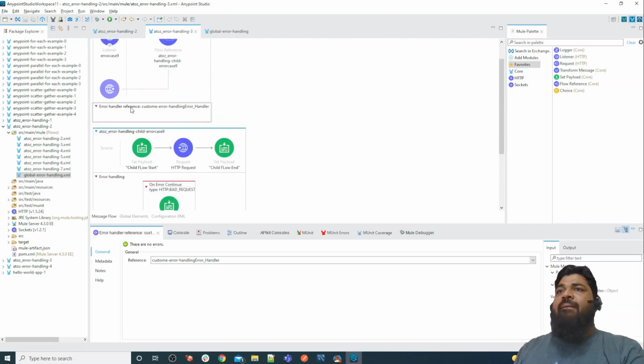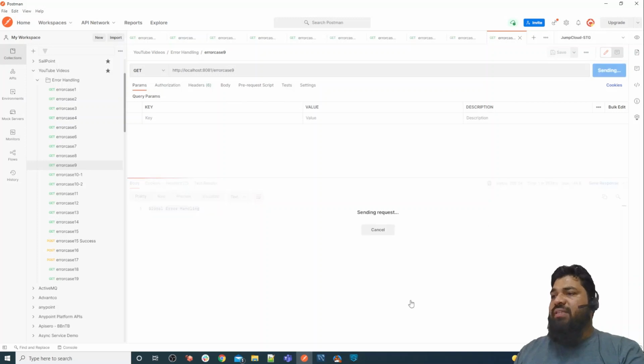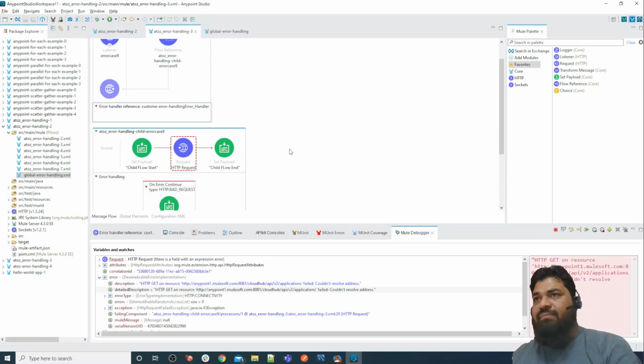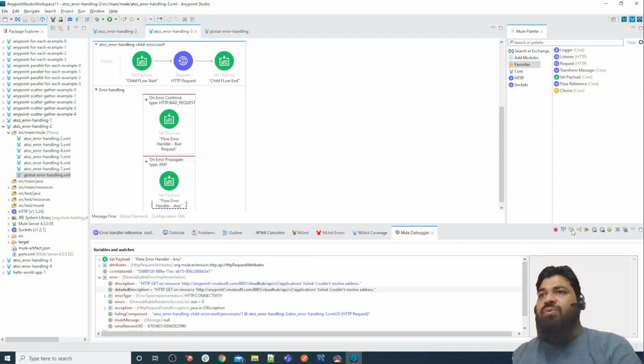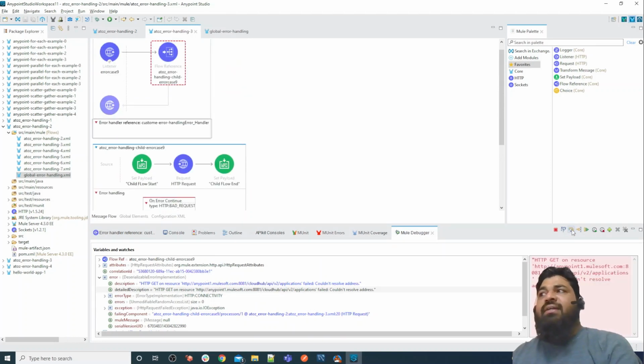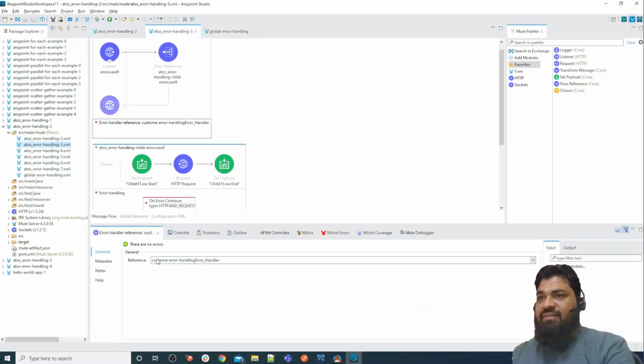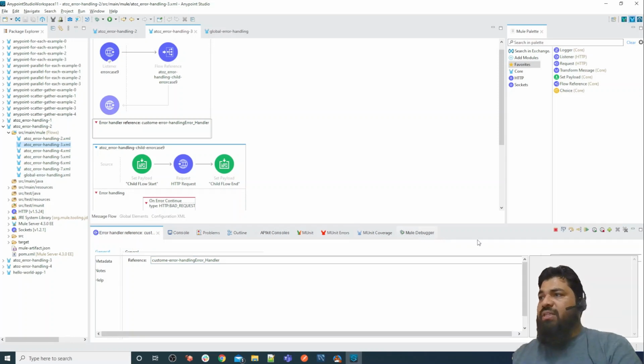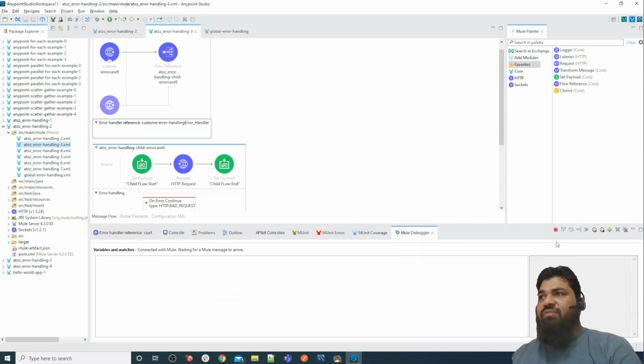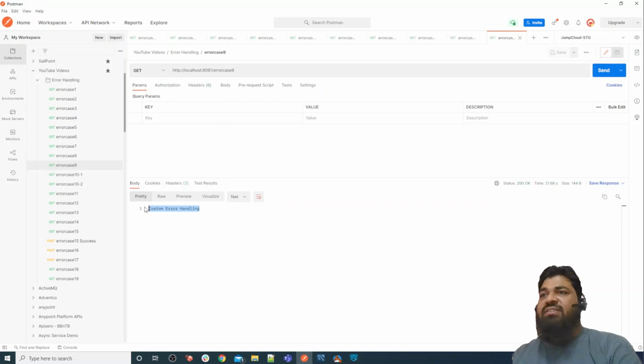So what happened when we defined a reference error handling here? Let me show you this case number 8. We have an error and it will propagate. It propagates the error. Then, as you can see, who is taking this error? Reference error handling. That's why our reference error handling is called, because we have defined this particular error here like this. Let me go to next. And what message is returned? The message returned is custom error handling with a 200 status code.